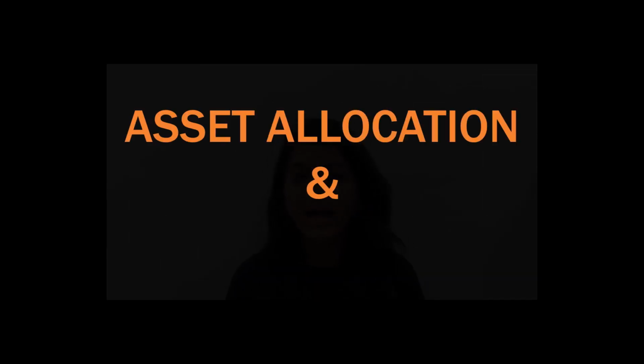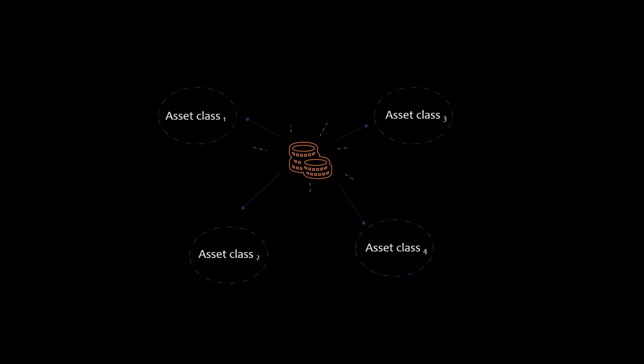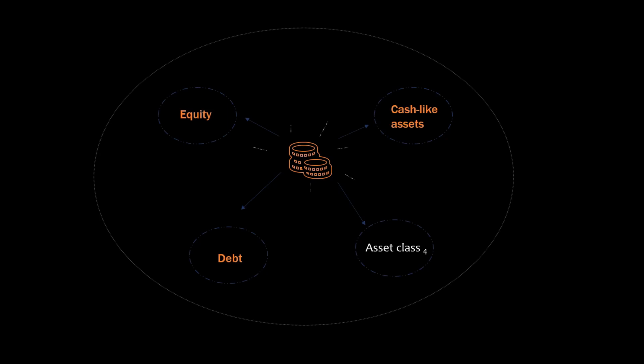The topic for this video is understanding asset allocation and its importance. Asset allocation means dividing the money into different asset classes to create a diverse portfolio. Now, these asset classes can be equity, debt, cash-like assets, or even real estate. Investors decide to allocate a certain percentage into these different asset classes based on a few factors, which majorly include time